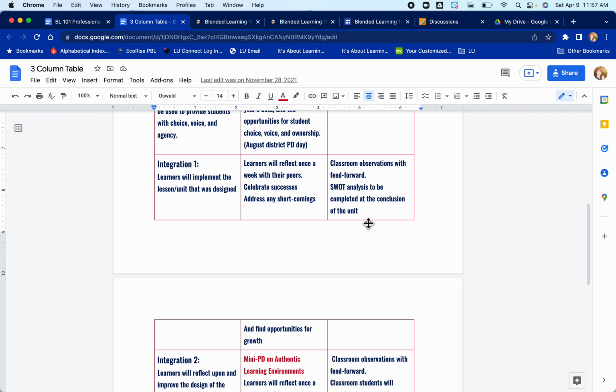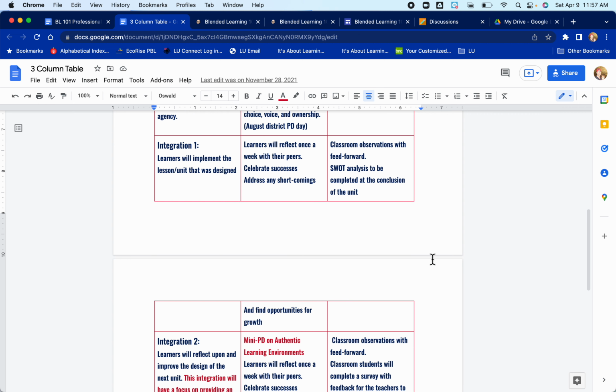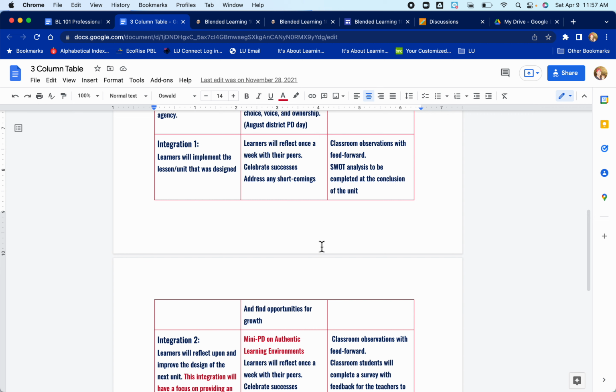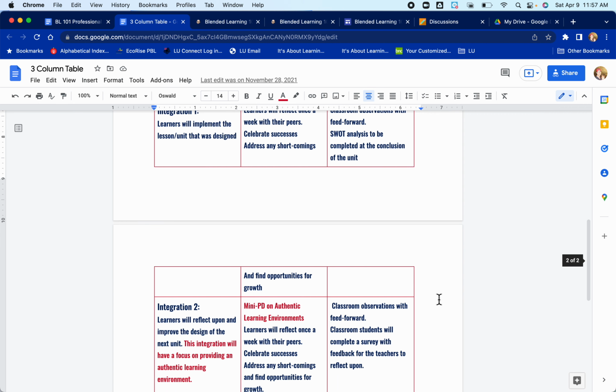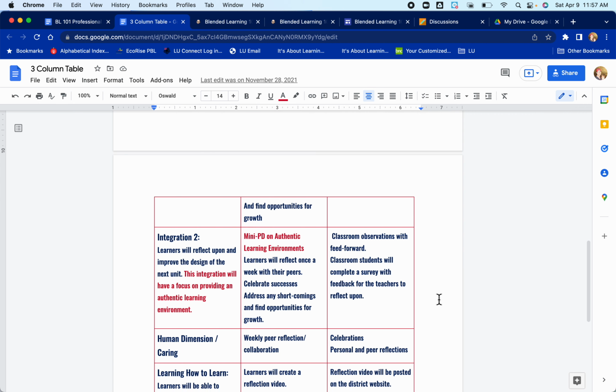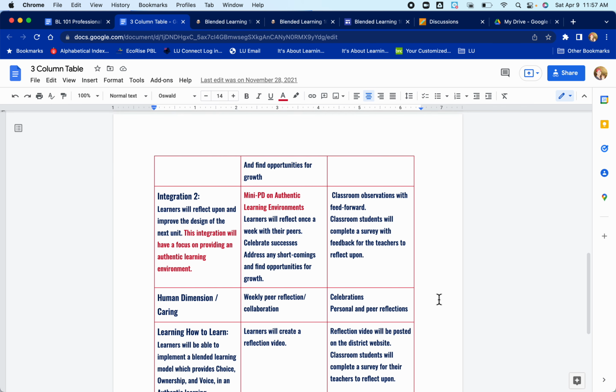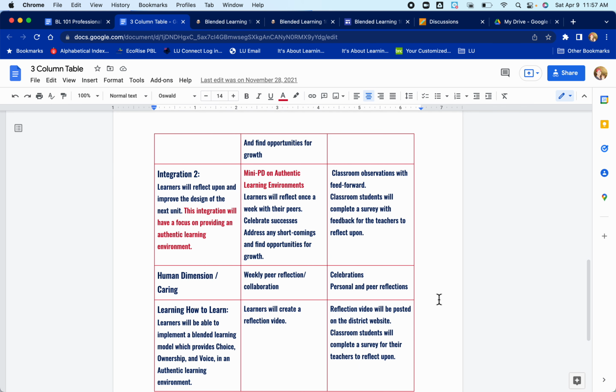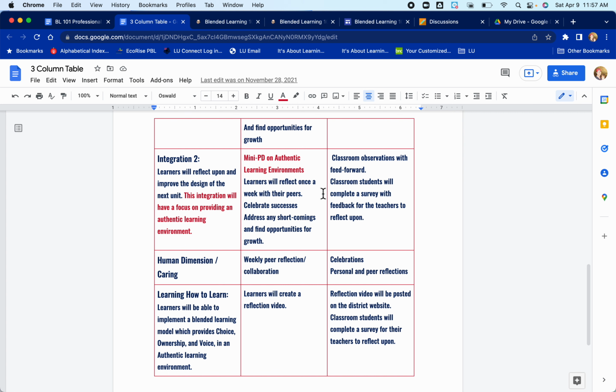Again, there is this continued reflection, this continued feed forward, and continued collaboration on their campuses with their peers, as well as support in the form of coaching, potentially modeling if needed, and then a little mini PD to build it up a little more part of the way through